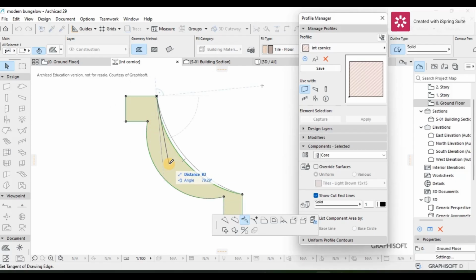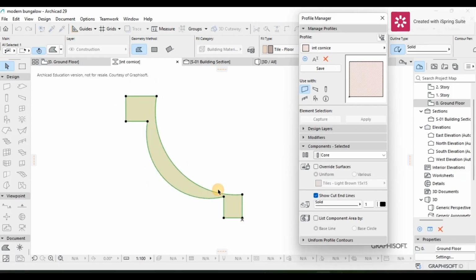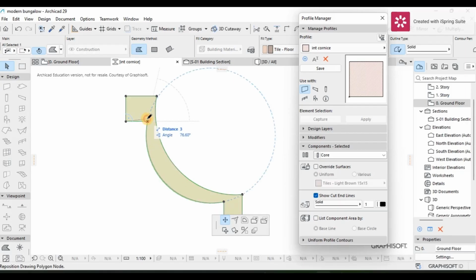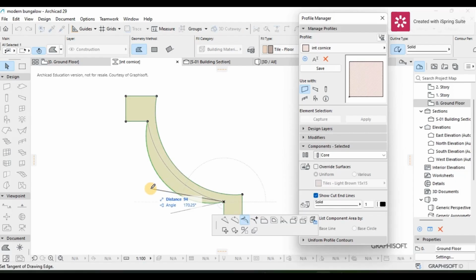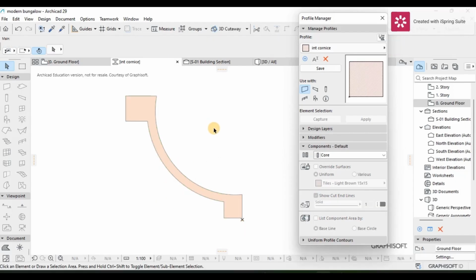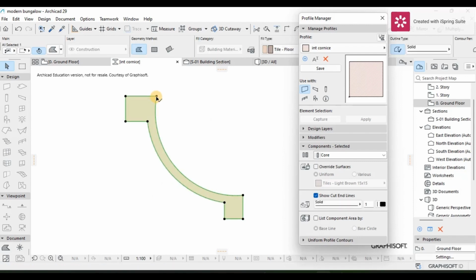Okay, like that. So I'm just going to make sure this arc goes all the way around and comes like that. So it's just a matter of designing your own design for your cornice. So I just want to make it even like that. So with that design, I can now